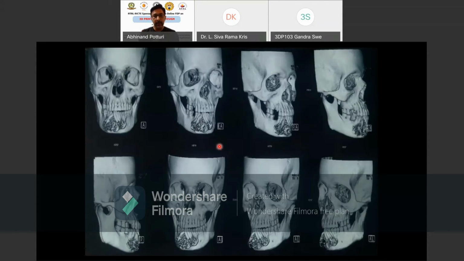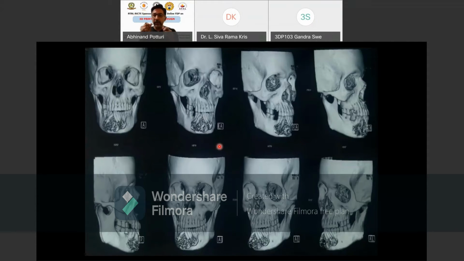This is the problem. And now if we have to replace this bone with some other bone, there's no other bone in the body which has this kind of shape. Is there any other bone? If you take bone from the hand, or from the leg, any bone for that matter, no bone has this kind of horseshoe shape. All bones are straight bones.